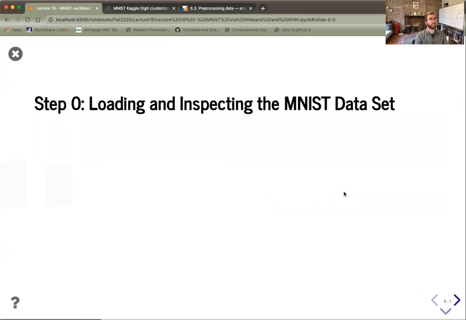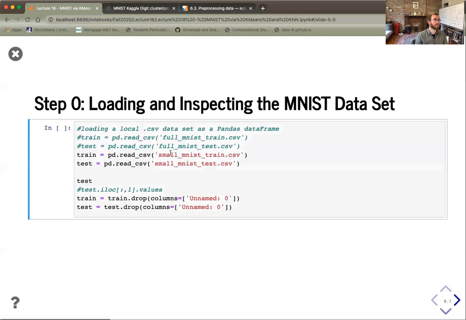All right, so let's go ahead and begin with our steps in the data science pipeline. So the first step is we want to load and inspect the MNIST data set. For this lecture, I'm giving you some locally stored CSV files, just with the idea that one day you're not just going to have data sets handed to you from Kaggle or the UC Irvine machine learning repository. Instead, you're going to be looking at some data that was specially collected for you to do your